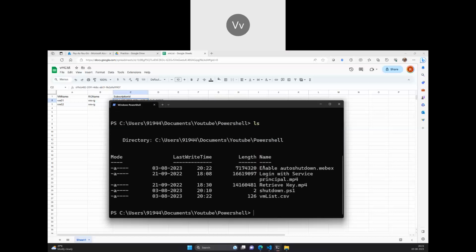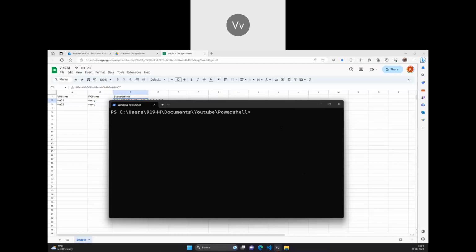You might not be able to run it in your Windows machine sometimes, because you might not have enabled it to run basic Linux commands in your machine. So in that kind of way, just type dir and you will be able to see it, and you have the vmlist.csv. I'll clear the screen, and now the first thing which I'll do is there's a command to get the